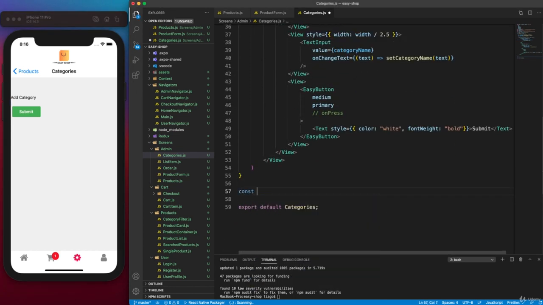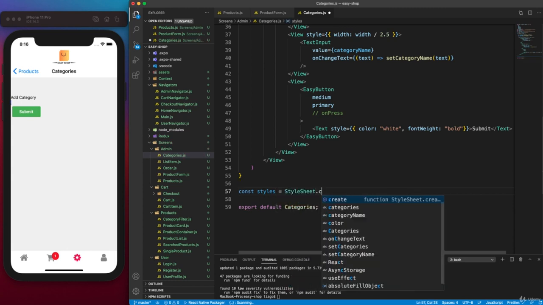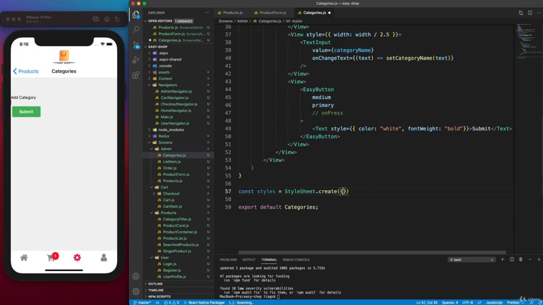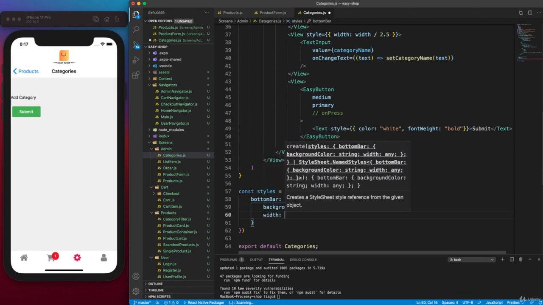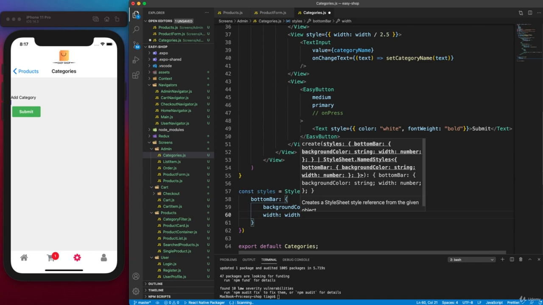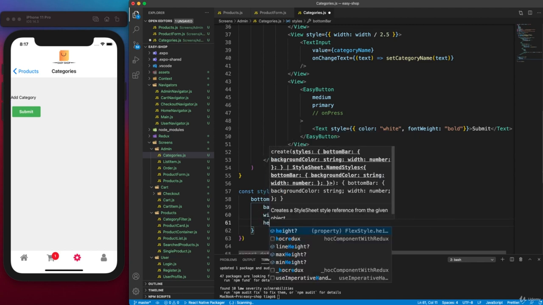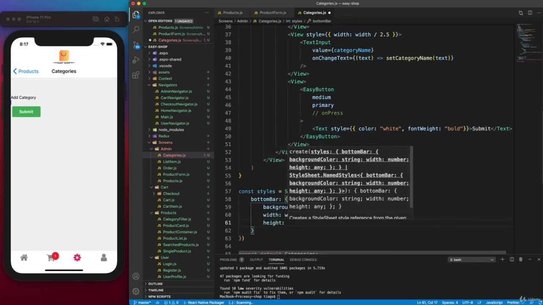For that we need to create our style sheet, so it says styles equals style sheet, and then create, and from our first class we need a bottom bar, so we'll have our inputs, and then we set it to background white, width will be the entire width of the window, and then the height we can set it to 60,